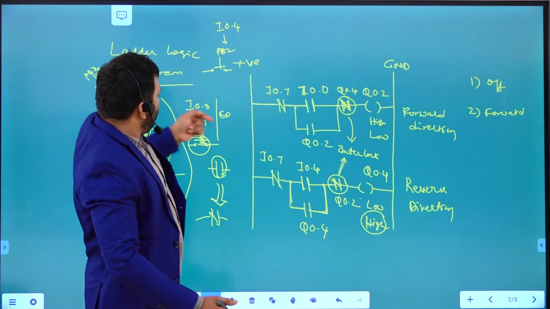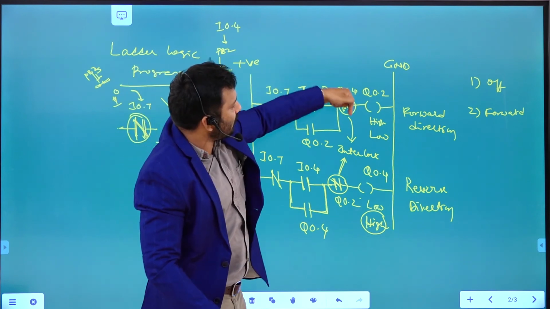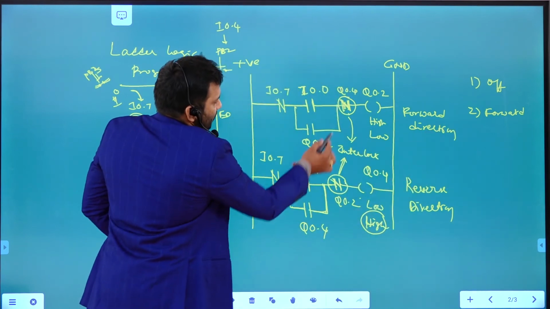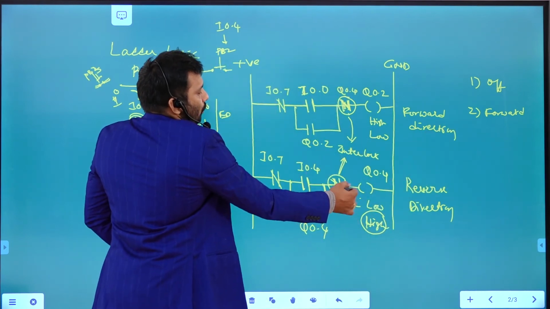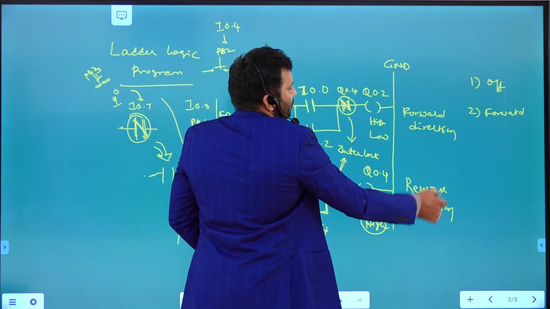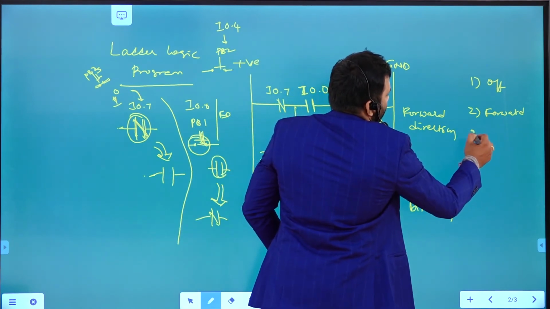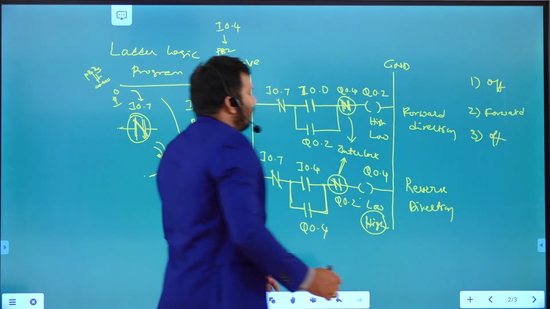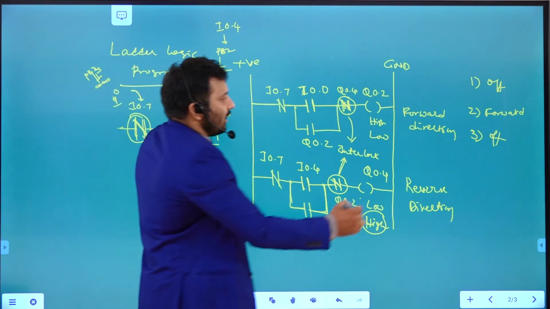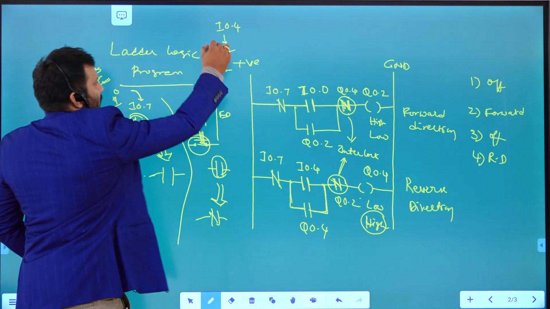So if you push push button 1, this one is going to be activated. The motor is going to rotate in the forward direction, right? Due to this interlock, this output is going to be low. That is the reason the reverse direction is not going to happen, right? Then once again turn it off by pushing push button 3, right? Then once again, if you want to rotate in the reverse direction, push push button 2.